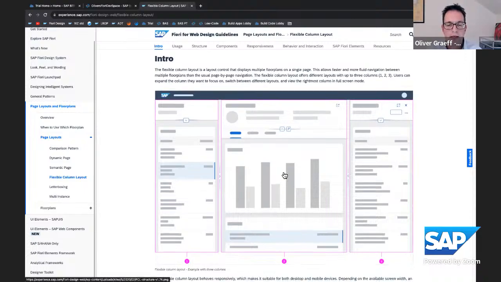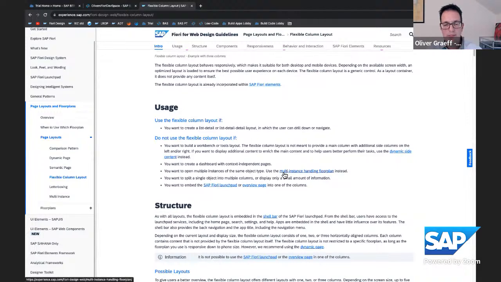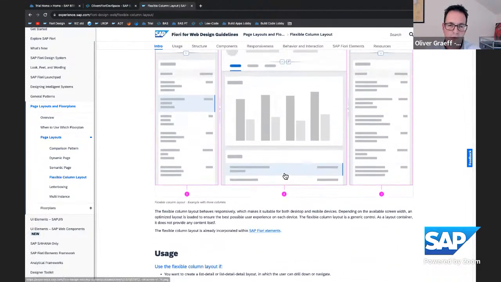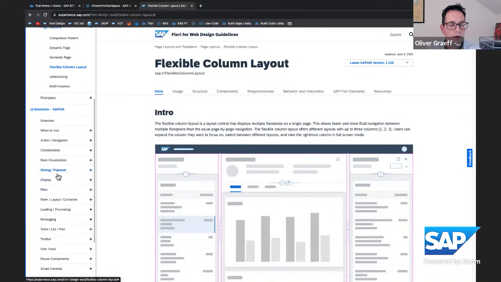So that's a typical layout. And then there are more explanations of how this screen layout would work and how you can change it, with lots of details. Or, for example, if you check the UI5 section here,